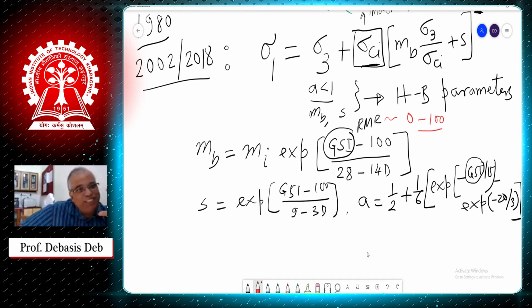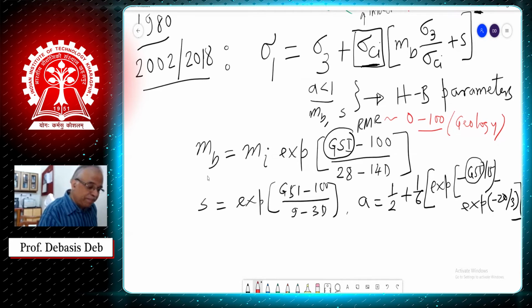So if this is the case, RMR and GSI we are using in this fashion, it is directly used by Hoek and Brown in their equation. Okay, so we are quantifying the geology of that local area where you want to build a tunnel. Okay, and you are already putting a number, and Hoek and Brown say, if you can give me that number, I can use it in this equation. So I can write this GSI or RMR is my geology. Okay.